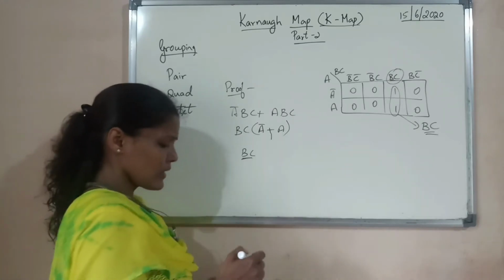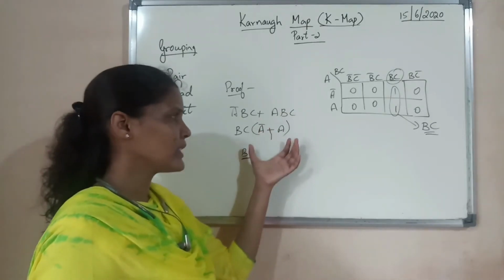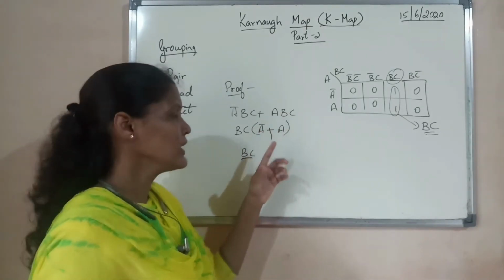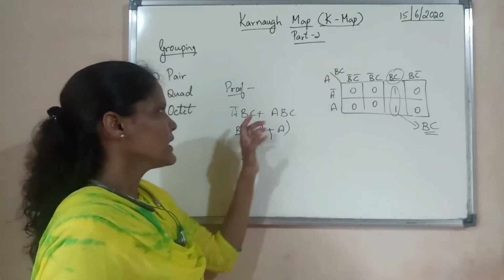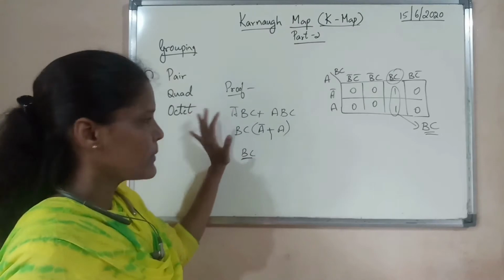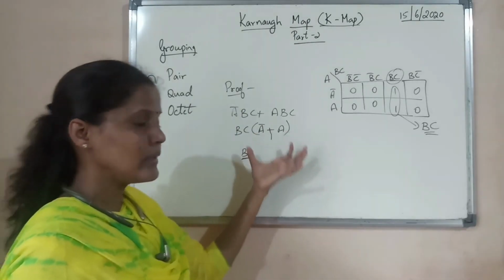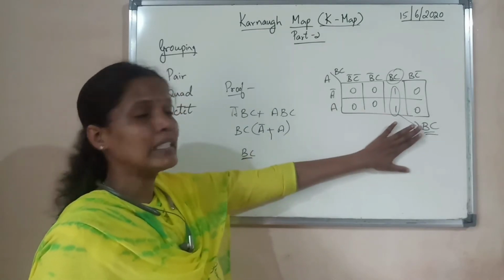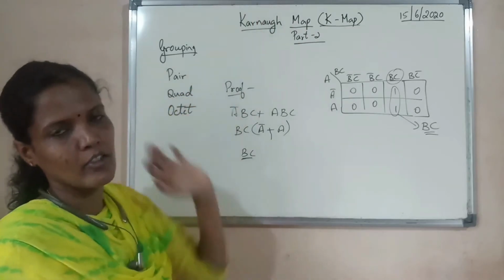So we need not take the common factors. We need not follow the same traditional method in order to solve the given Boolean expression. When I am doing pairing, one of the variables will be eliminated. So this is the old traditional method, by taking the common factors and using some of the rules, we eliminate the variables. And this is the graphical method of solving the Boolean expression, which is called the Karnaugh map or the K-map.